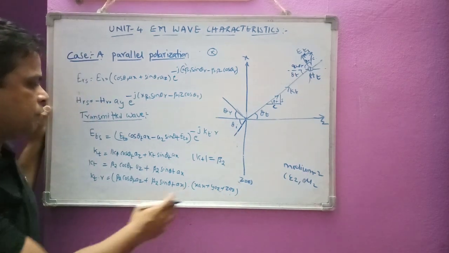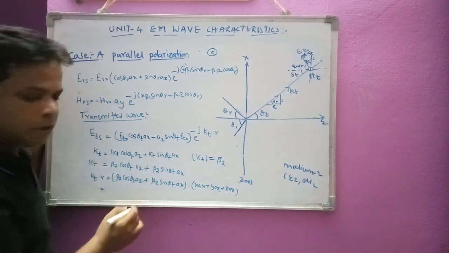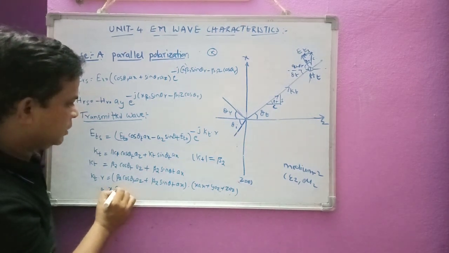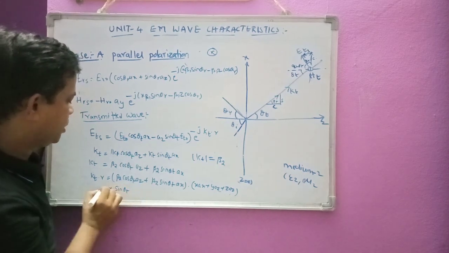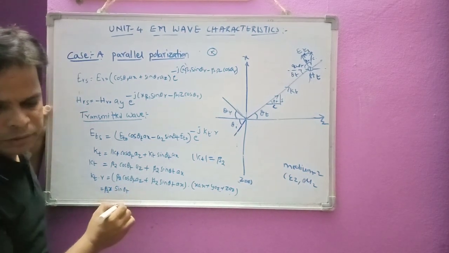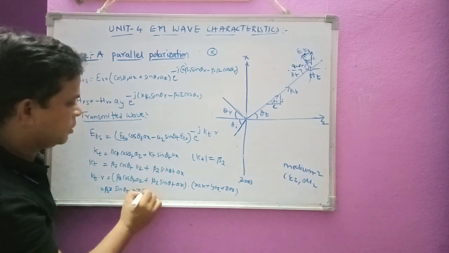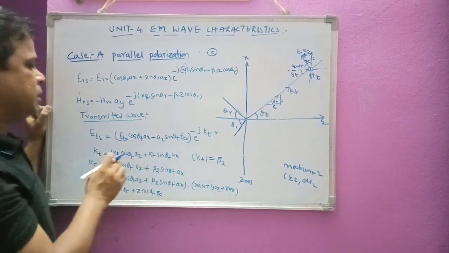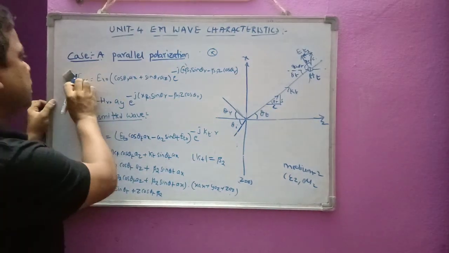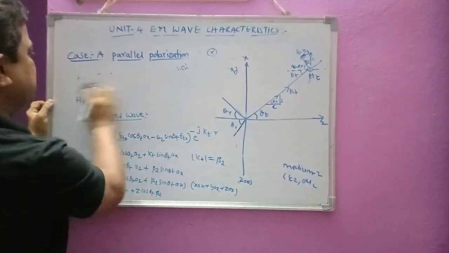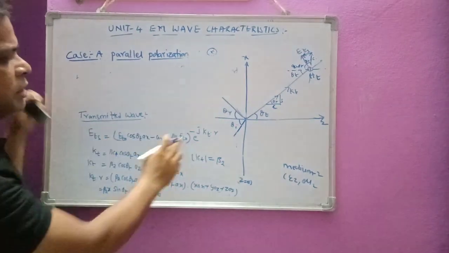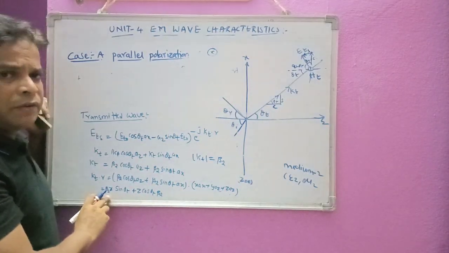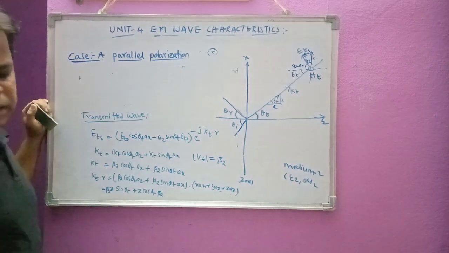So we don't have y here, so the dot product will be equivalent to x beta 2 sin theta t plus z beta 2 cos theta t. Now I have to substitute this kt dot r into the equation. You can see the phase term of ki dot r and kt dot r is going to be the same, except instead of beta 1 we are having beta 2, that's all. So you can note that difference here.